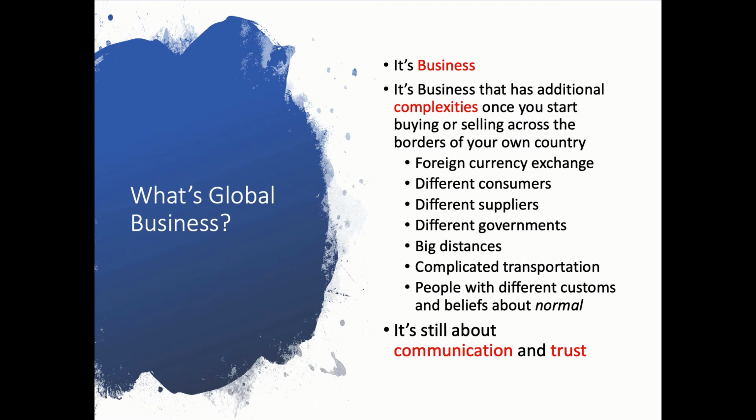And when you look back at the slide, all of the complexities I've listed there, and that, of course, this list is not comprehensive. These are just examples of some of the big ones, right? All of the complexities that you add into the recipe now that you start doing business in a global fashion, at essence, all you're really talking about are details and specificities that you need to pay attention to because they can affect communication and trust. Communication and trust. Those two things are still, at their root, the fundamental essence of what it means to do business.